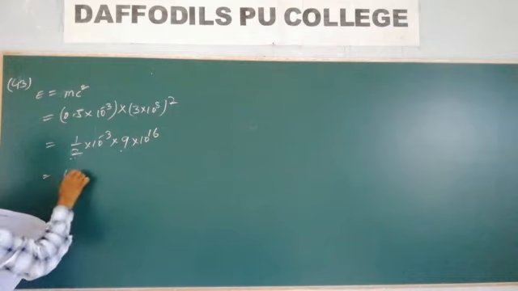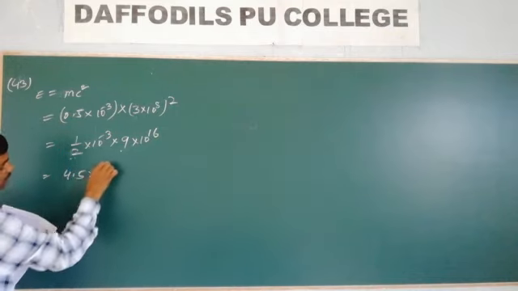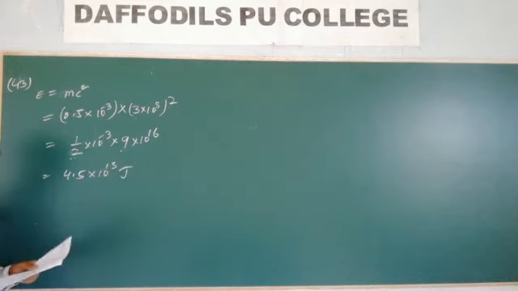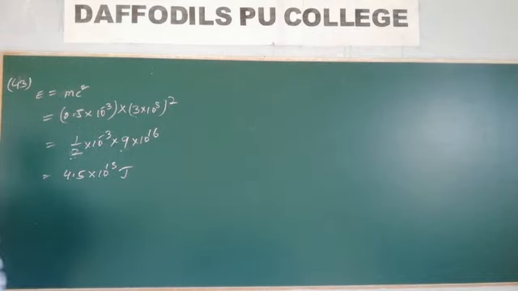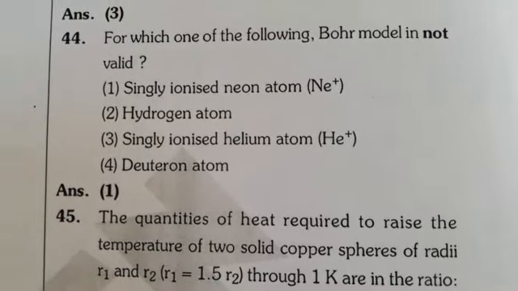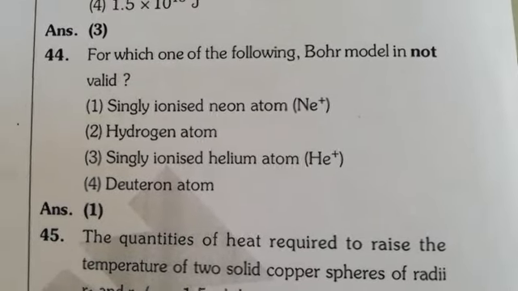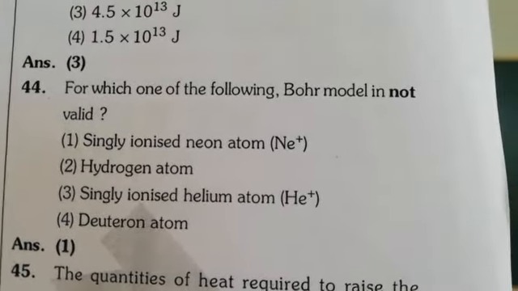That is equal to 1 by 2 into 10 power minus 3 into 9 into 10 power 16, which is 4.5 into 10 power 13 joule, which is the third option. And the 44th one,